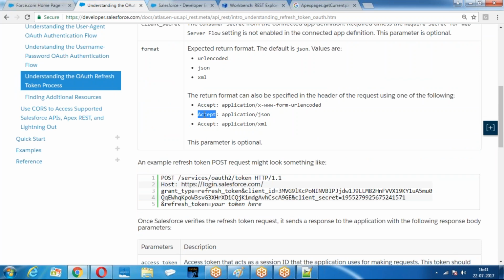What is the parameter? Request dot set header, accept application JSON. So they are saying, boss, accept the result in the form of JSON only. Whatever you are sending, send me in the form of JSON only. Or, boss, I'm going to accept the result in the form of XML also, application XML. Or, boss, I'm going to send in the form of URL encoded, the URL format. This is one extra parameter we are going to use. Any further queries on this format? I hope this flow is